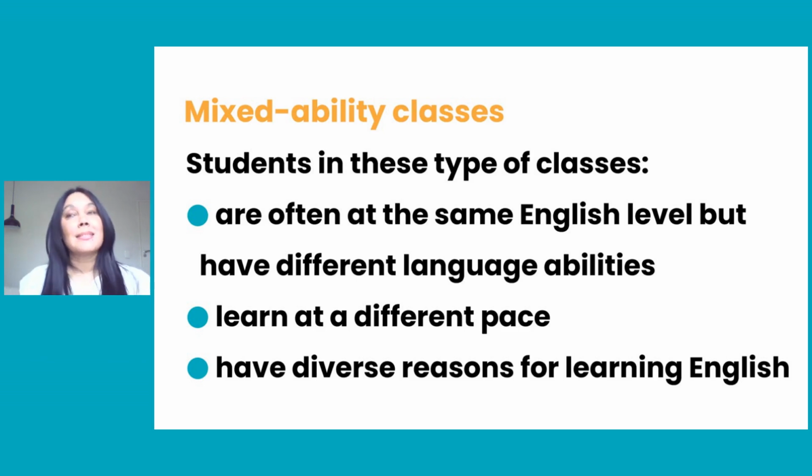This means that some students may excel in some parts of language and struggle in others. I have literally had students that are almost too good in grammar, and then when they've got to produce English in spoken form, they struggle. And then on the other side of it, you might have students who write exceptionally well, but then when they do a listening test, for example, they struggle. So those are the abilities that we're referring to here.